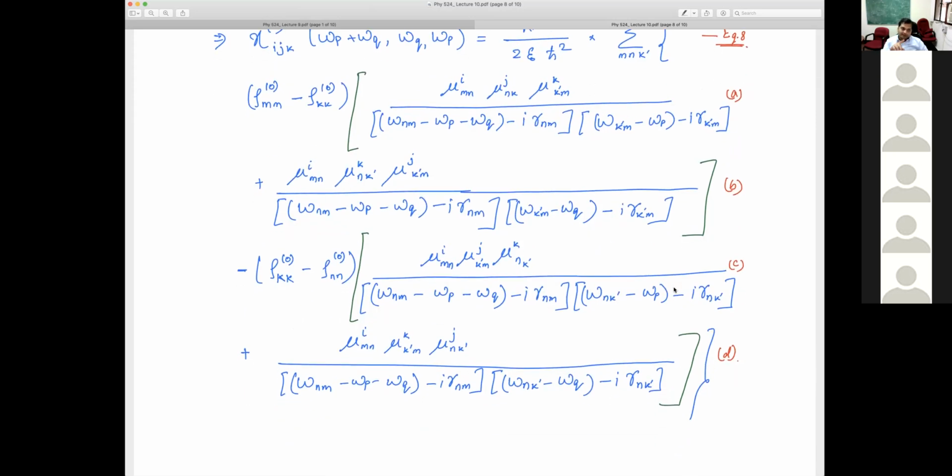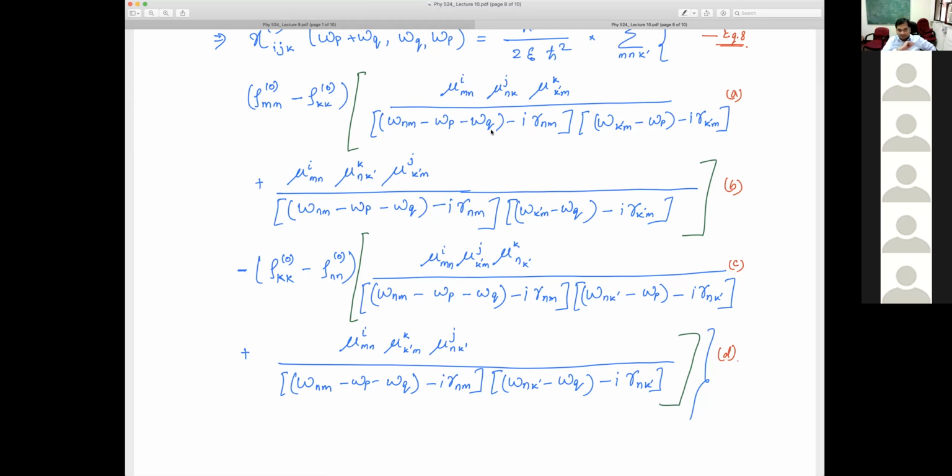Okay, so the way it is written now, you will always see these kinds of terms, omega nm minus omega p minus omega q. So this looks like I absorb omega p frequency, I absorb omega q frequency, and this should match with the omega nm energy level difference to make it a resonant process, meaning chi will be large for that kind of process. So the way it is written, at least in a look sense, it highlights the sum frequency generation, or the two frequency generation.